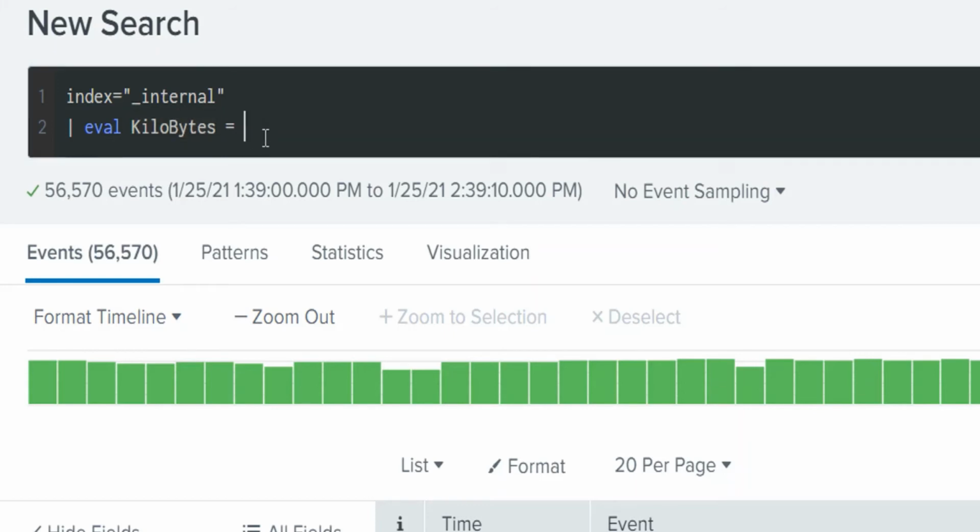In this case it will create a new field called kilobytes in our event. To calculate this, I'll use the bytes field, and I'll divide the values of the bytes field by 1000 to get the kilobytes values. Let's hit enter.